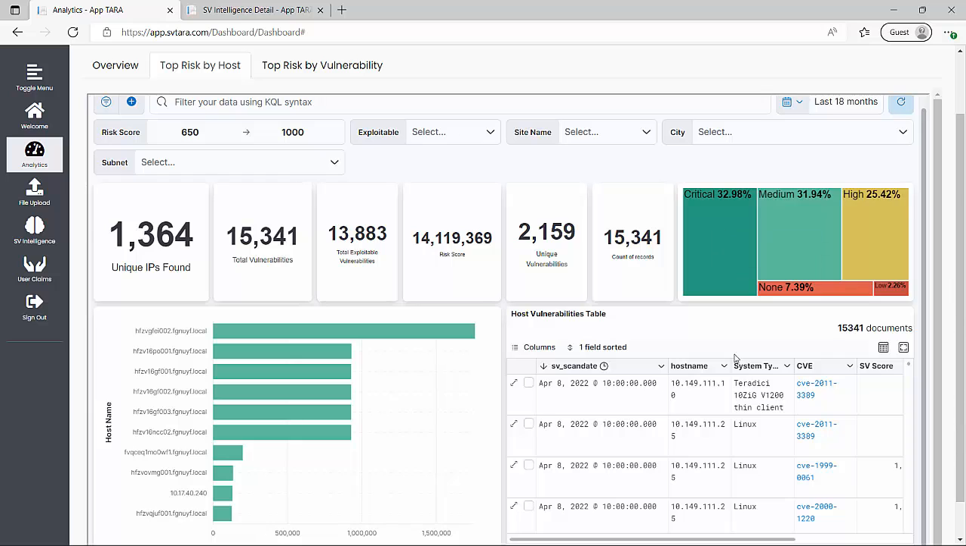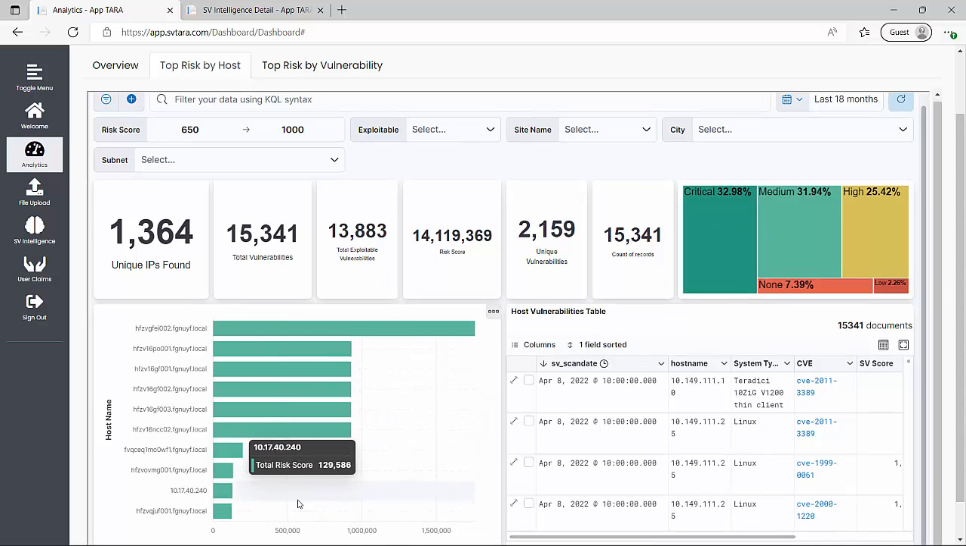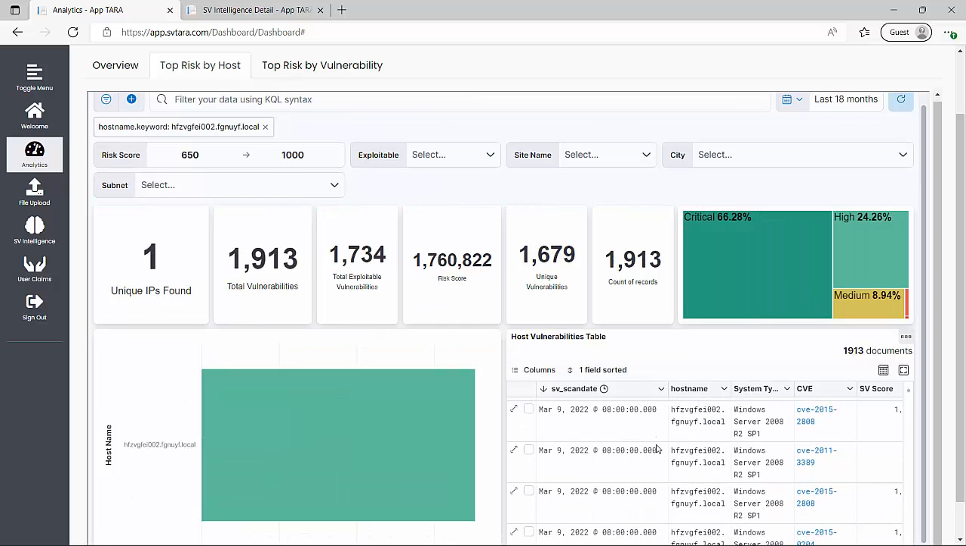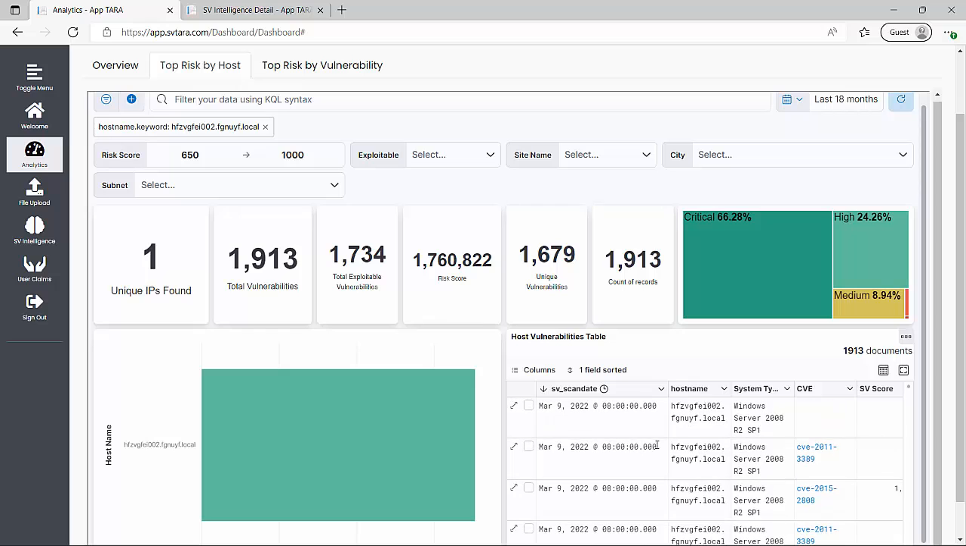Immediately below the banner are the different hosts in the environment that are the top riskiest hosts. And what we list here are the top 10 by host name. And to the right of that, you can see the individual vulnerabilities associated with those hosts. So if I happen to click on this particular top host, you'll notice that there are a whole bunch of vulnerabilities associated with it. And if I wanted to do more research on, say, CVE 2011-3389, I can click on